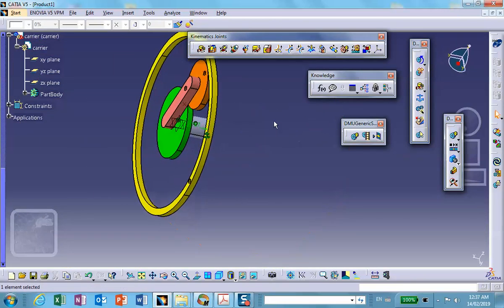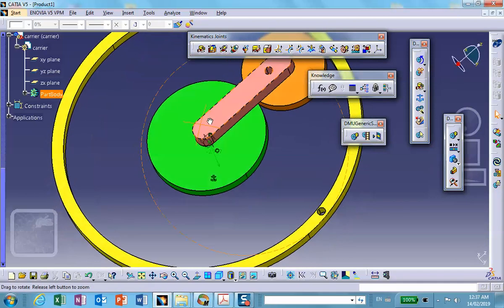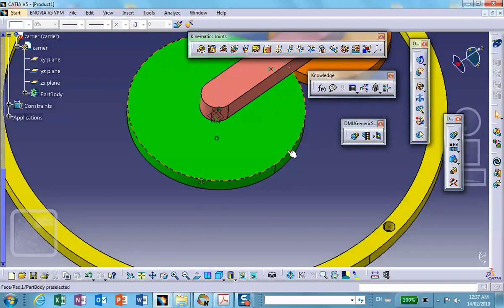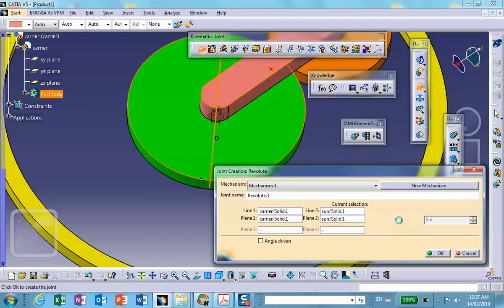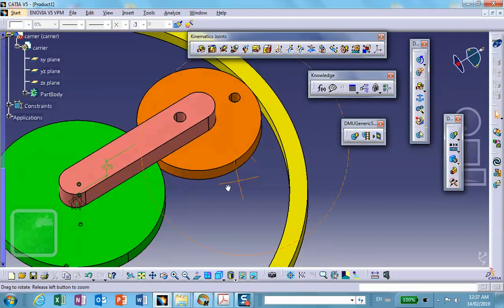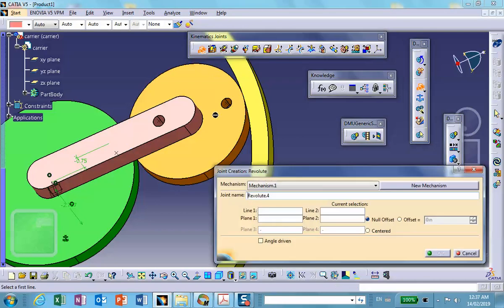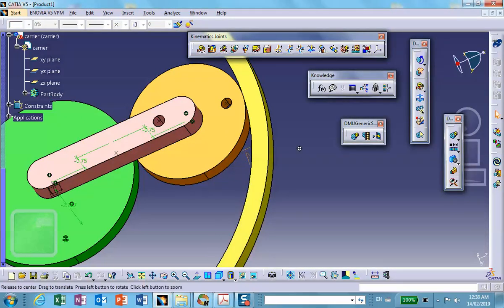Okay, let's do another one, another revolute between the carrier and the sun, for example. Oh, it really doesn't matter, or the shaft, because they're both stationary. So another revolute between the axis of the carrier and the axis of the sun, plane of the carrier, plane of the sun, and there is an offset involved. Okay. One between the carrier and the planet, revolute between the axis of the carrier, axis of the planet, plane of the carrier, plane of the planet, and there is an offset there. Okay, now